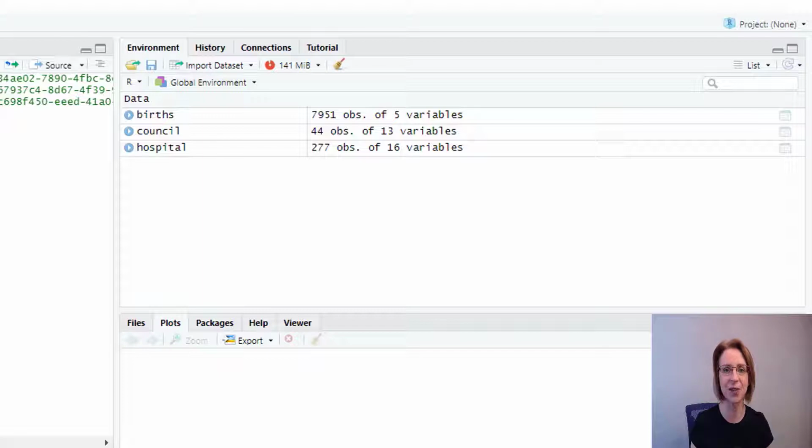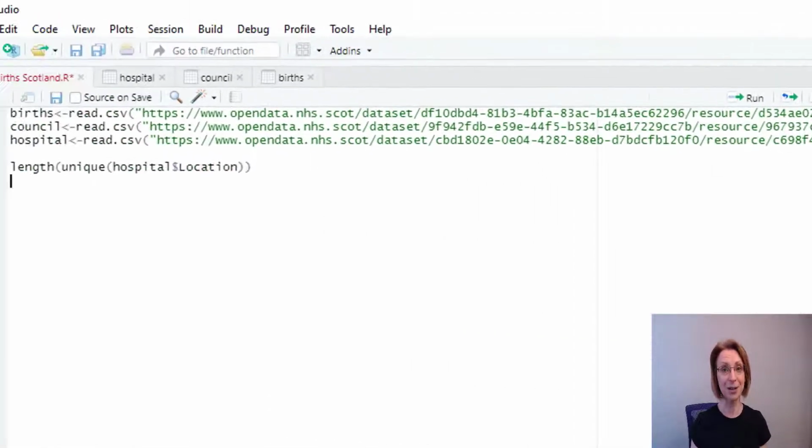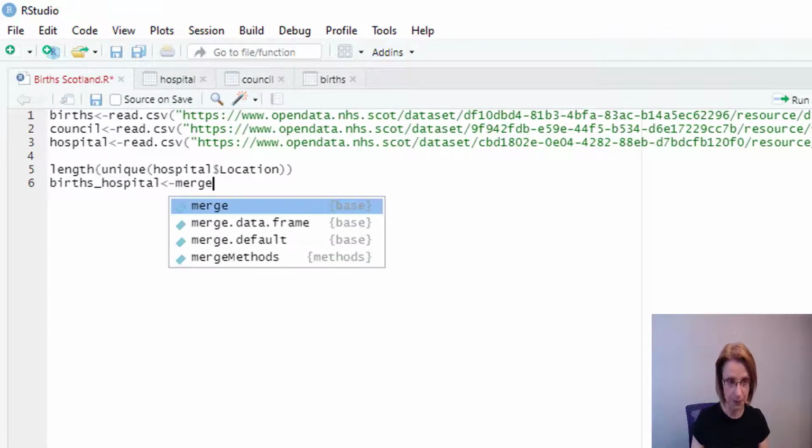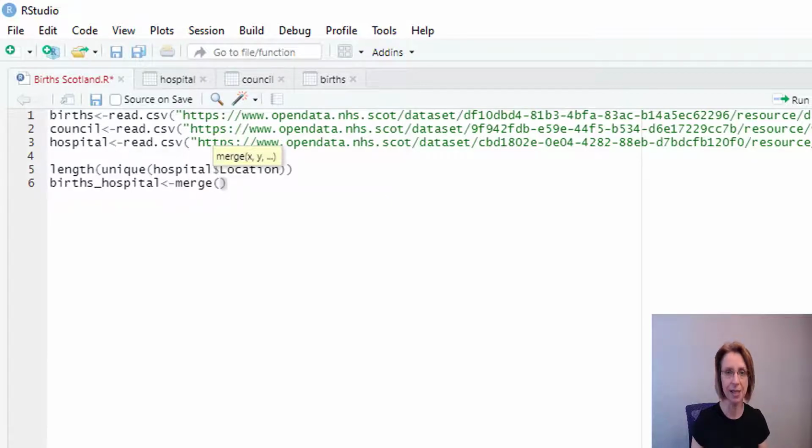And to do our merge, it's very simple. For the purposes of this video, I will set up a new data frame to take the merge. However, you don't need to do this. You can merge into your existing births dataset if you prefer. I will call my new data frame births_hospital, and I need to feed in the word merge, open brackets,